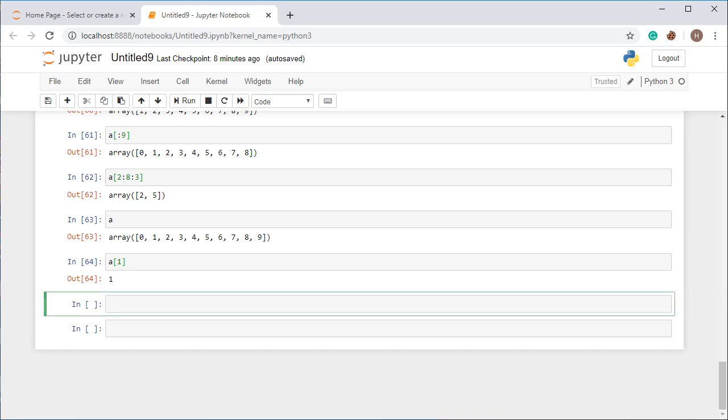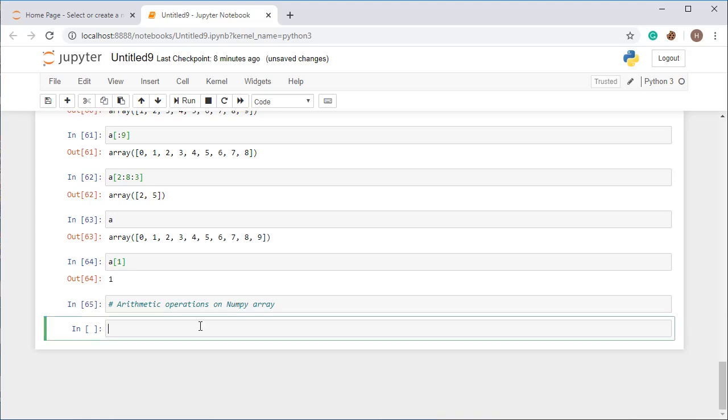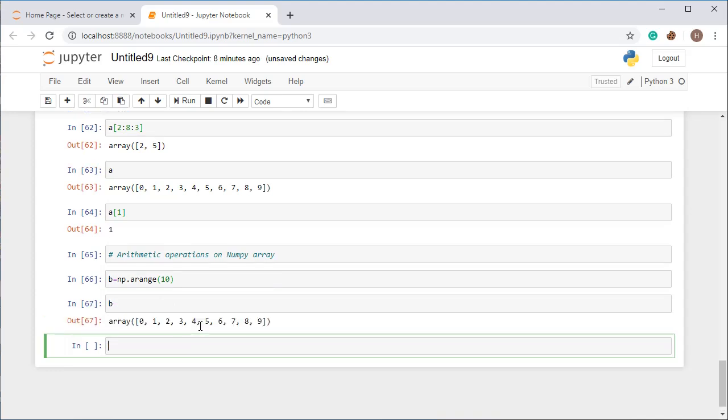Alright. Now I am going to show you arithmetic operations on a NumPy array. Operations on a NumPy array means add, subtract, multiplication, and division. So for that, let's create an array first. So I am creating B as an array, np.arange(10). I am creating an array. So here is the array.